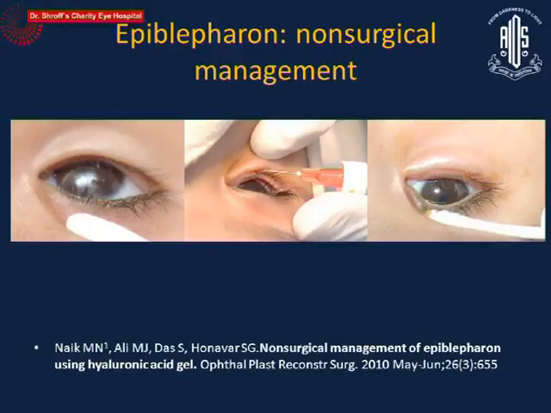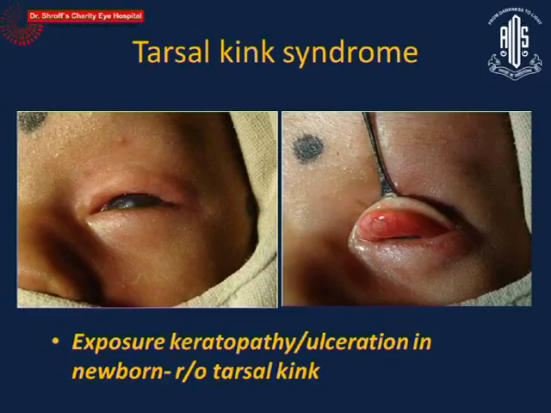Non-surgically, the milder forms, specifically the epiblepharon, can be managed by injecting fillers, hyaluronic acid, in the suborbicularis plane in the area where this epiblepharon is there. It acts as a kind of mechanical stent, and it stretches up the skin so that this inturning of the eyelashes is getting corrected. And it works for about 6 to 9 months or sometimes even a year. And so in some cases where the correction is temporary or the patient is not fit for surgery or you feel that the correction might happen over a period of time, this can actually be an option.